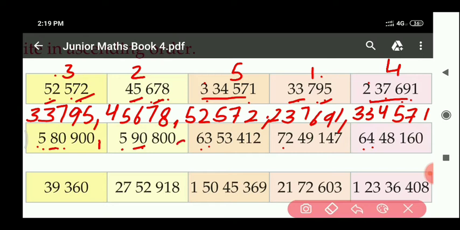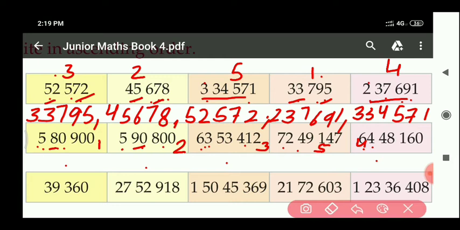Okay, and next the second number 5,90,800. Okay. Next, in these up to the 10 lakh place, which one is the smaller? 63 is smaller, so write here 3. Okay. Next, in these up to the 10 lakh place, 64 is smaller than 72, so the fourth one will be this one only, and last it is left, the fifth one. Got it? Now you can arrange these numbers into ascending order. So the first one will be this one only, write the second this one, the third one write here, and the fourth one 64,48,160, and last one 51 right here. Okay.